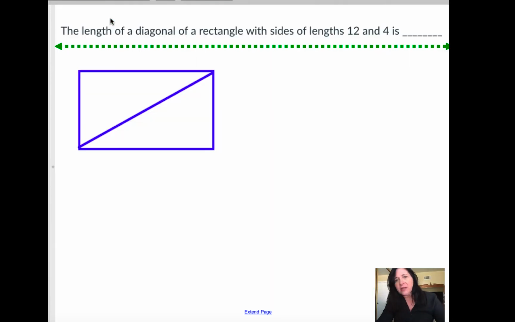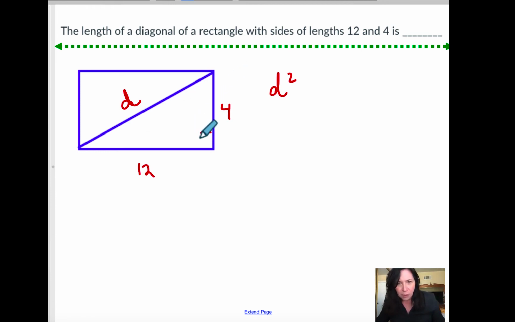So let's get started. First question is about finding the length of a diagonal of a rectangle that has sides 12 and 4. So if this is 12 and this is 4, and we want to find the length of the diagonal, then we just are going to use the Pythagorean theorem because we're looking for this value here. So I would say d squared, which is my